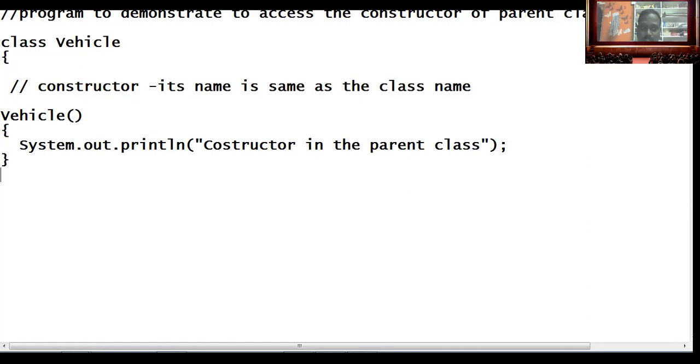So here ends the parent class. I'm going to write the subclass, class Maruti extends Vehicle. So here I'm going to take one more constructor.